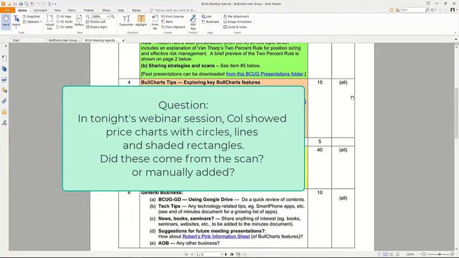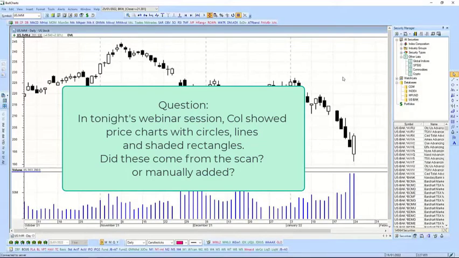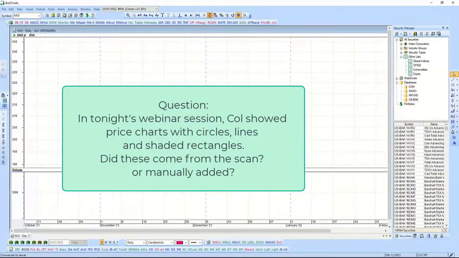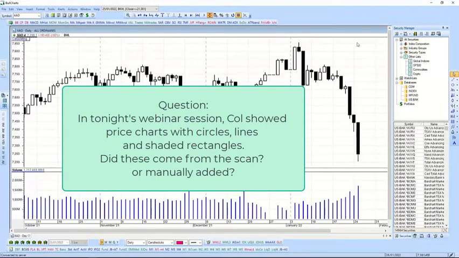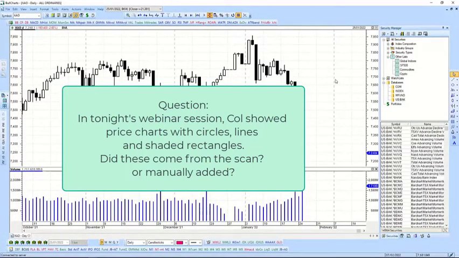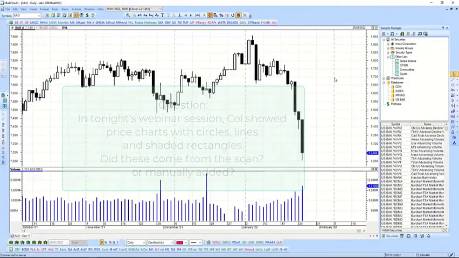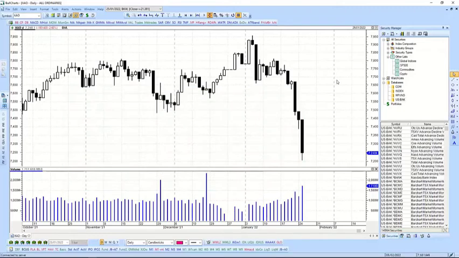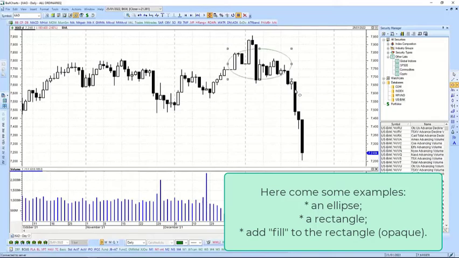I just had a question with what Cole was showing on his screen in the greyish section of his charts. He had circles highlighting different things and also arrows, green coloured arrows. Is that part of his scan or is that something he's added manually afterwards? I'm guessing they've been manually added. Yeah, manually added. And really for the purpose of tonight, rather than what I would normally have in my charts, the templates.